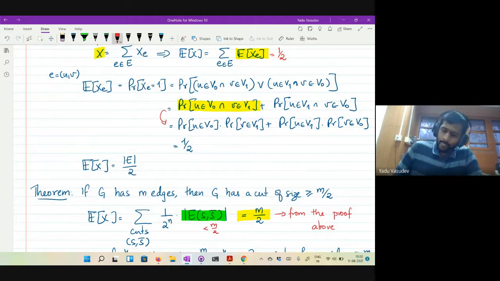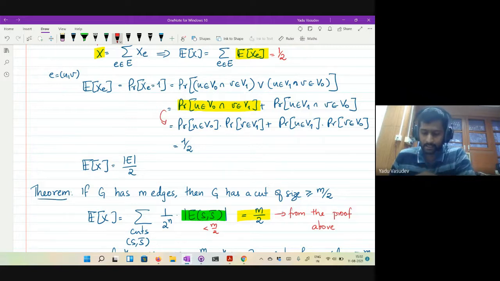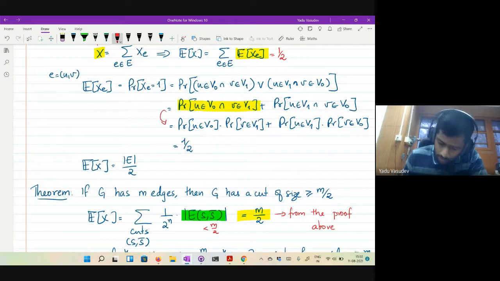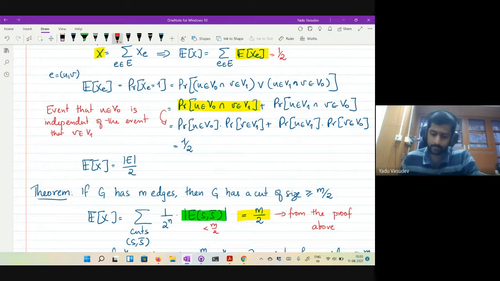As long as we have that property, this calculation will go through. So what we actually want is that the event that u is in v0 is independent of the event that v is in v1.